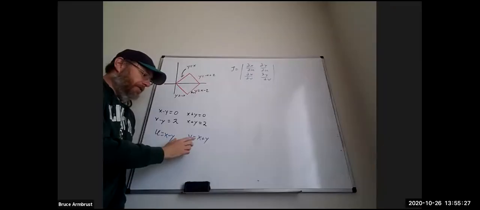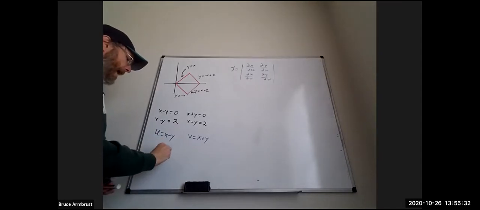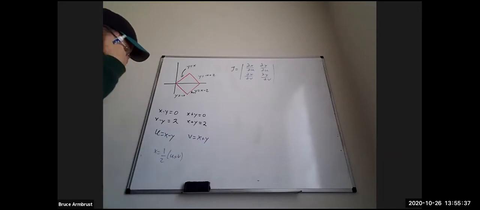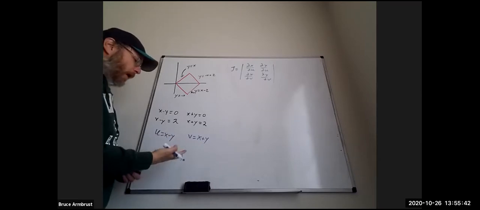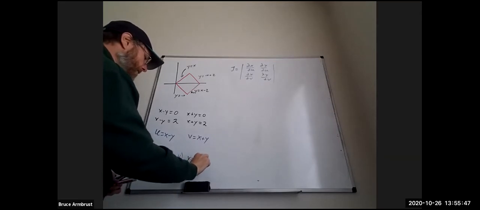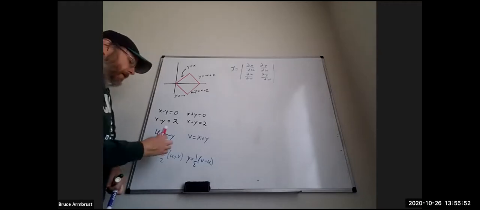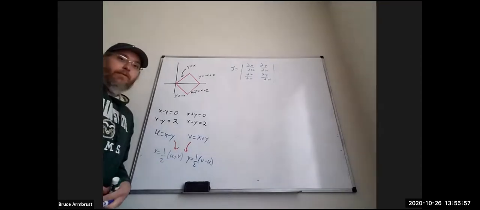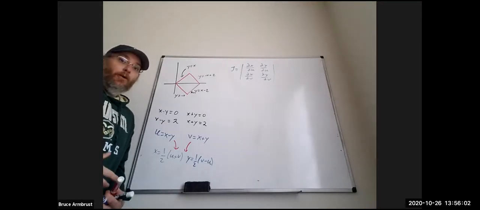So that gave us u plus v was equal to 2x. So x was equal to 1/2 (u plus v). And then when we subtracted, if we took like v minus u, that gave us 2y. So y was equal to 1/2 (v minus u). So there was a bit of work to get there, right? We had to convert these guys into the x equals and y equals so that we could then create our Jacobian,